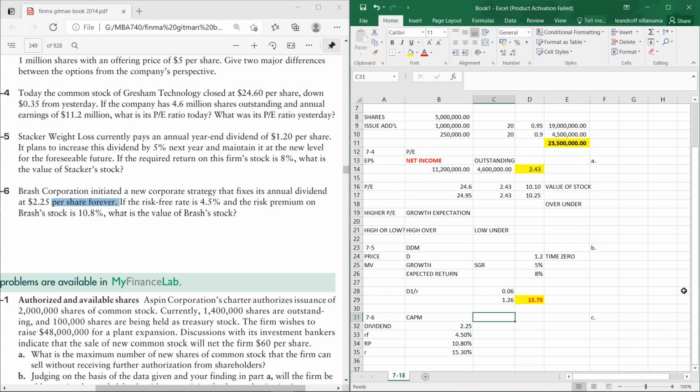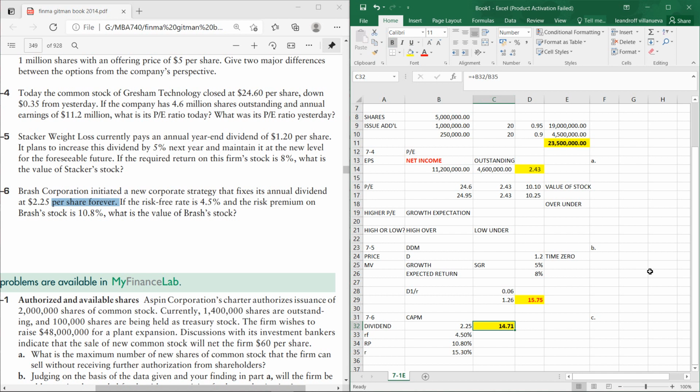Yung 2.25, divided by 15.3%, perpetuity yan by the way. We have 14.71. Okay? So, yan yung sagot natin para dito sa exercises